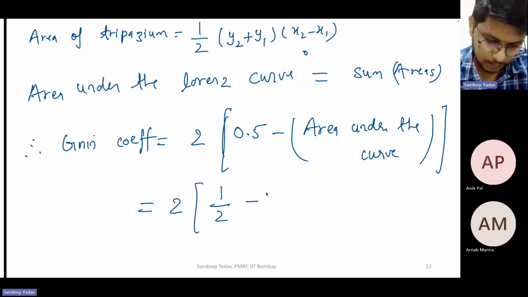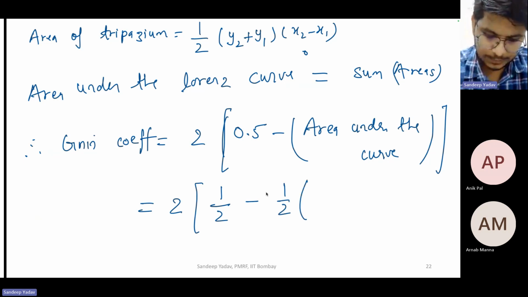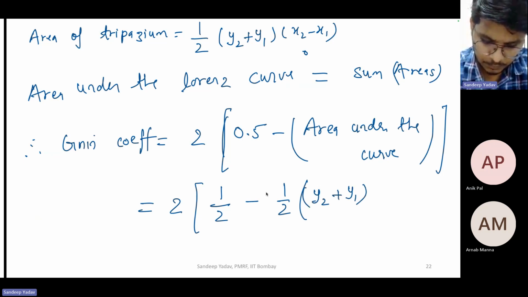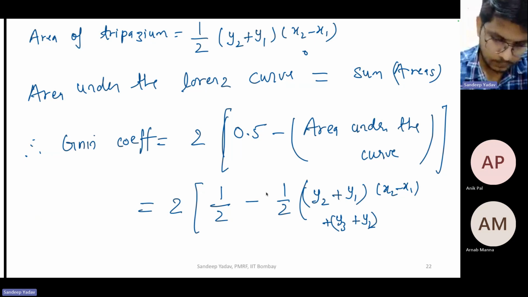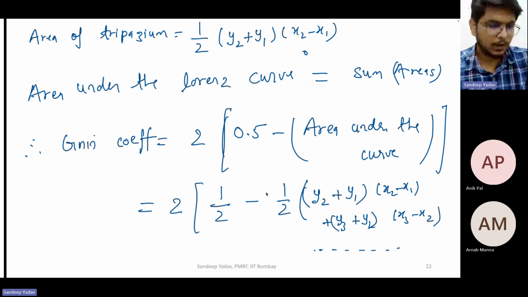We know this formula 1 by 2, so if you take 1 by 2 common from all the trapezium areas, what remains is (y1 plus y2) into (x2 minus x1), plus (y3 plus y2) into (x3 minus x2),